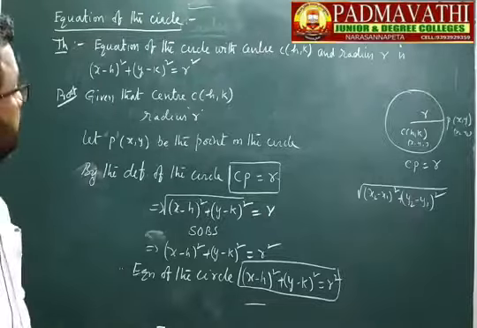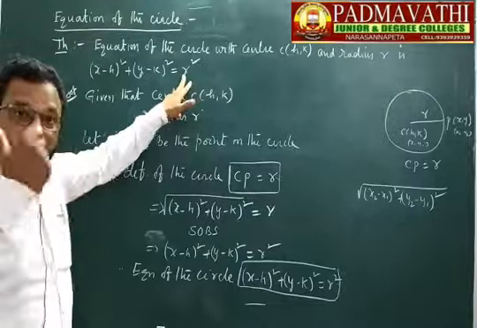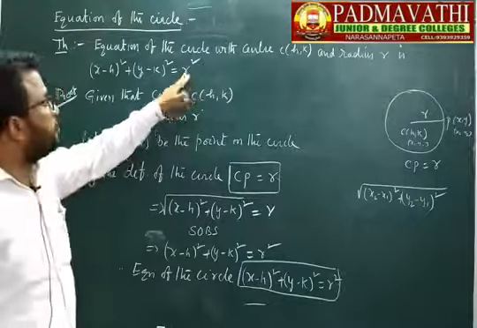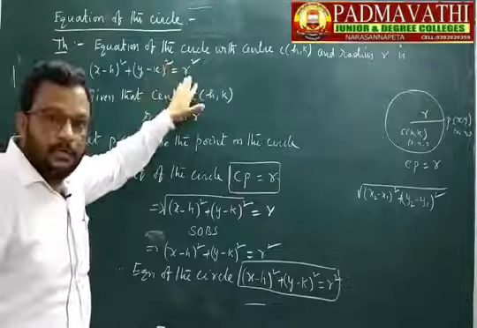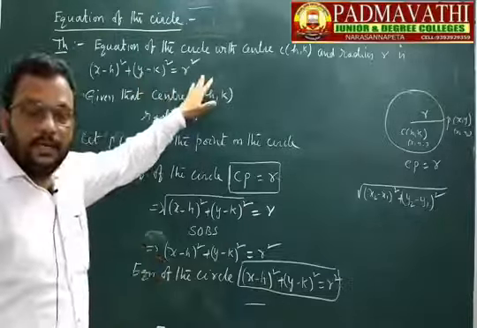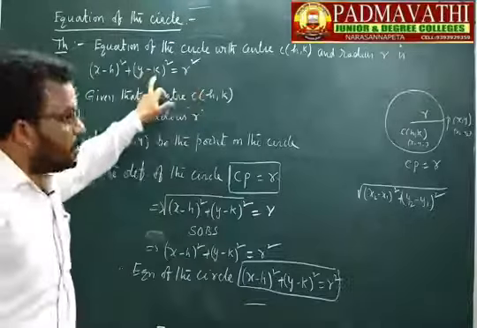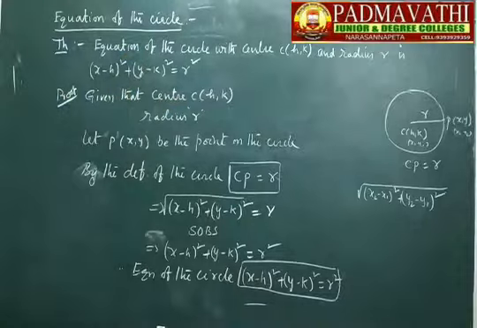If the radius is 0, then what is the name of the circle? In competitive exams, we ask that type of question. If the radius is 1, then what is the name of the circle? And if the center is (0, 0), what is the equation of the circle? How do we observe these?